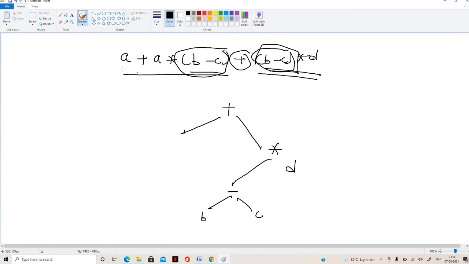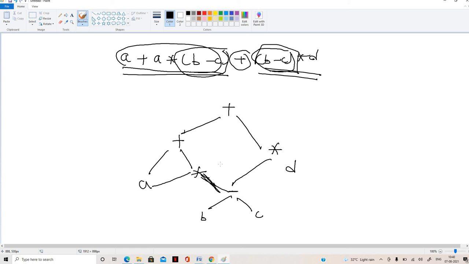Now I am going to evaluate this one: plus, a plus a star, b minus c. So like that we can design the DAG.